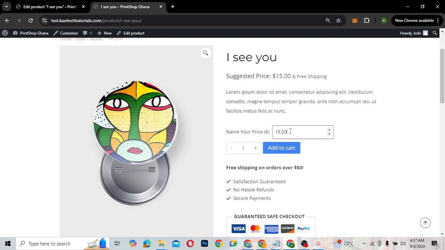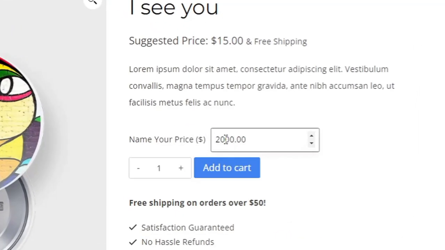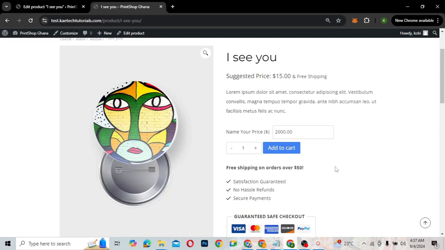So let's say they want to enter 20, they can go ahead and enter 20, add it to cart, and then pay. They can even enter maybe 2,000 over here, and they can still go ahead and pay for it. So it is more or less like I want them to enter their own pricing, but I don't want them to go below a certain amount, and that is what we call custom pricing. Now of course we're going to use some plugin to make this happen, so make sure that